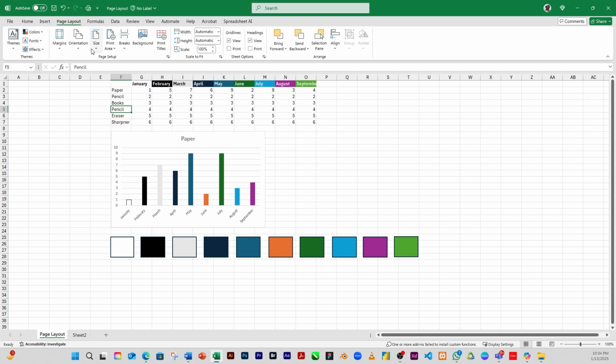Right? So here, just as the name implies, this is where you set up your page. Of course, Microsoft has set up a default page for us. Now, if you look at